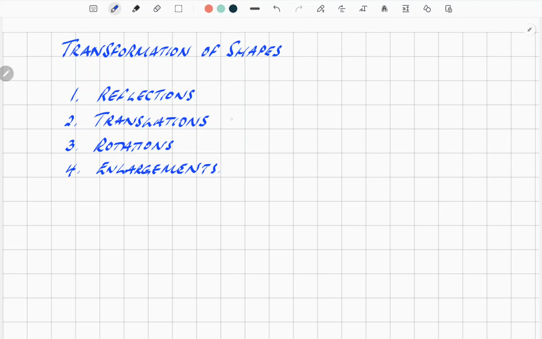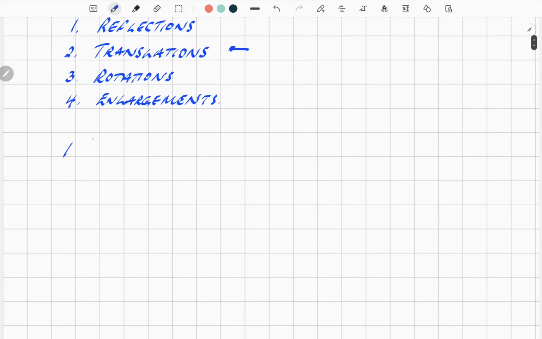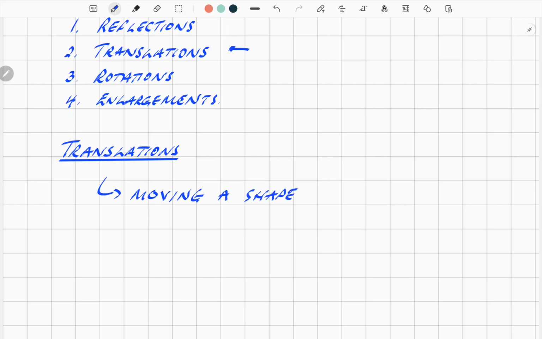What we're actually going to do is start with translations, because that's the simplest one. All right, so what does a translation mean? Translation simply means moving a shape or indeed a point, all right? But usually in your GCSE, you're going to get a shape that you have to move one way or another,